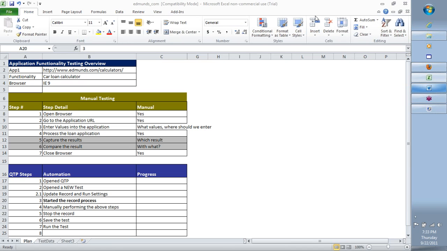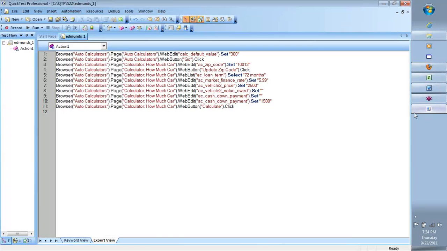All right. So we did an update on the record and run settings. Then we started the record process by clicking on that. We manually performed the above steps that we mentioned here. We stopped the record. We saved the test. I didn't run the test yet. Now, what we have done to QTP is that we said QTP, learn what I do, what we did, and now repeat it. Let's try and do something called a run, which is the next but the most